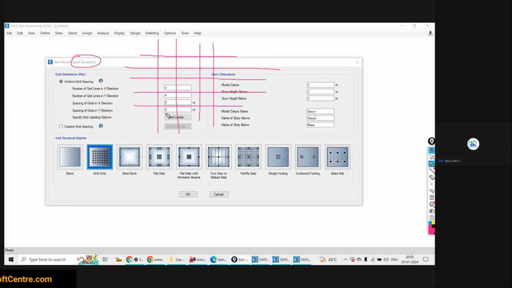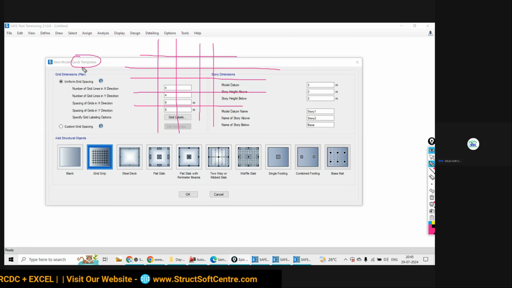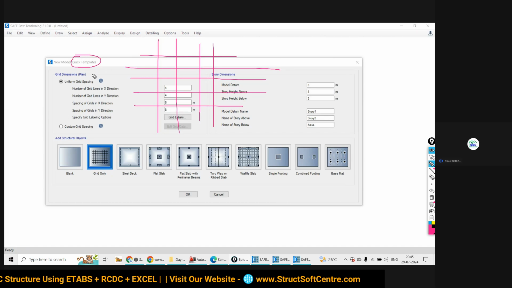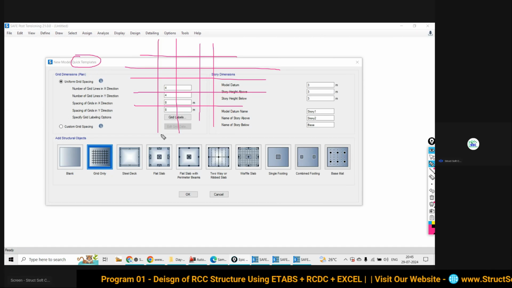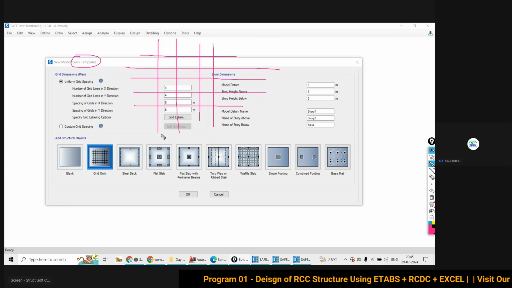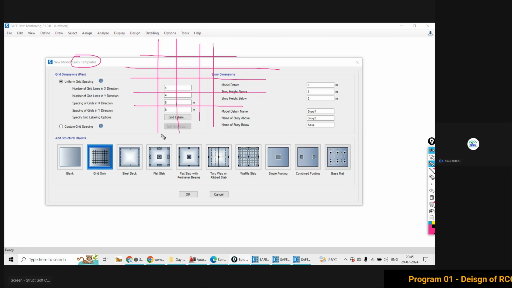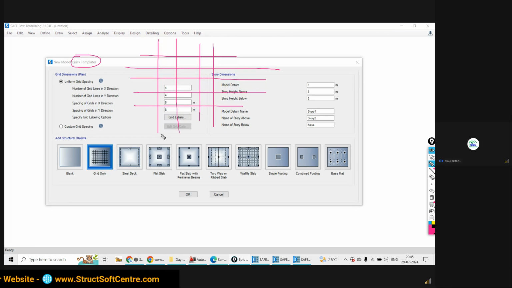Okay, and another option, instead of taking the help of this ETABS software, this CSI SAFE software, we can directly import the model file or the grid lines in the CSI SAFE software from any other software, that is nothing but your CAD.